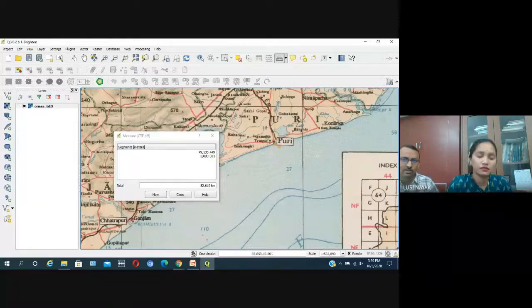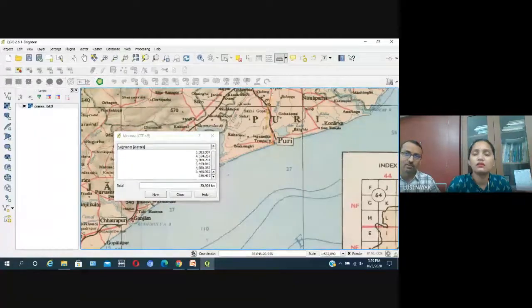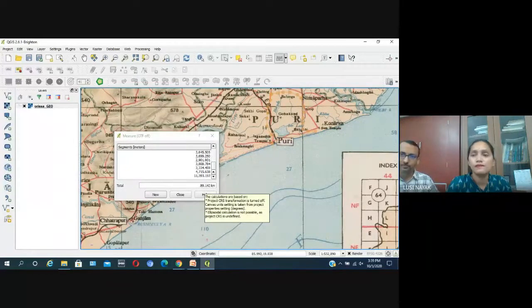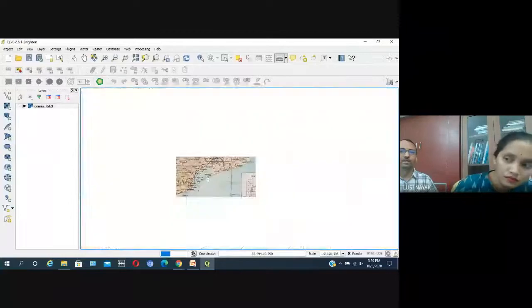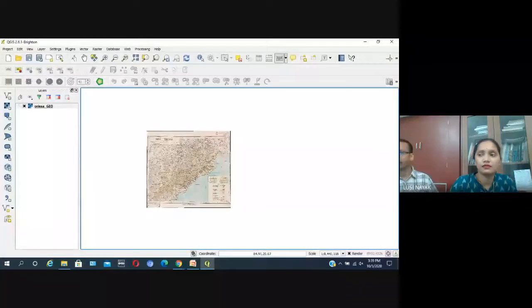If you want to measure the distance along a road, you can click along the road. What I have told you, 50 kilometers from Bhubaneswar to Puri, is the aerial distance. If you want the road distance, you can click on the road and measure it. By clicking like this, you can get the distance. At every step the segment distance is given and the total distance is displayed at the end. I just need the aerial distance. You can put the aerial distances in that table. So this is the process of georeferencing. We'll repeat it again. Some people are having some problem.